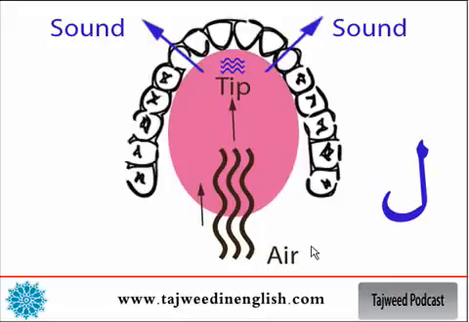So what's happening in this slide is to show the mechanism of the sound, how it is produced and how it comes out from the throat. The air is flowing straight and moving forward into the tip of the tongue and slightly the sides also, but when it stops by hitting the tip of the tongue into the roof of the mouth, the air goes right and left and produces